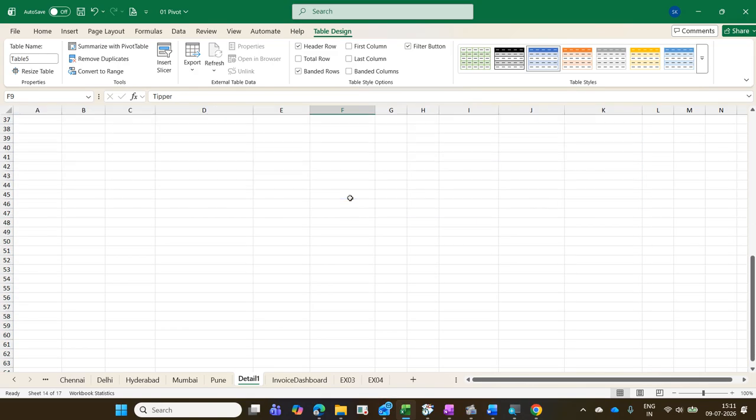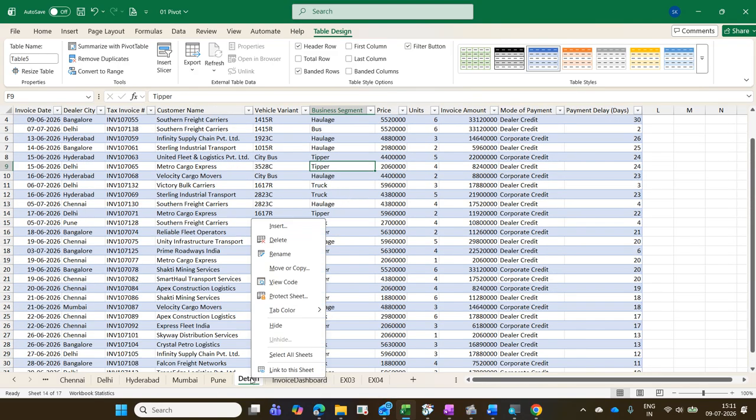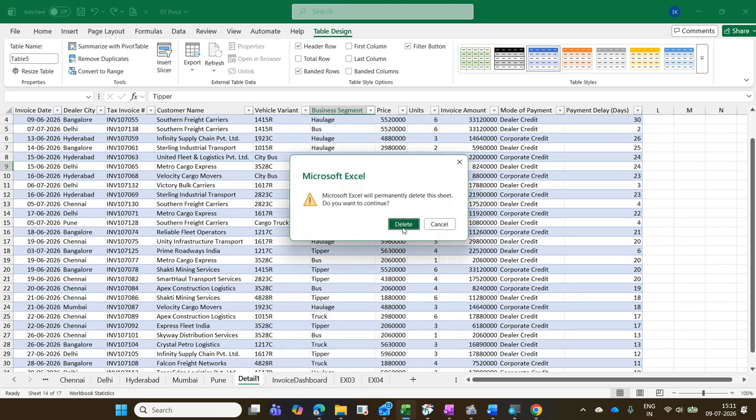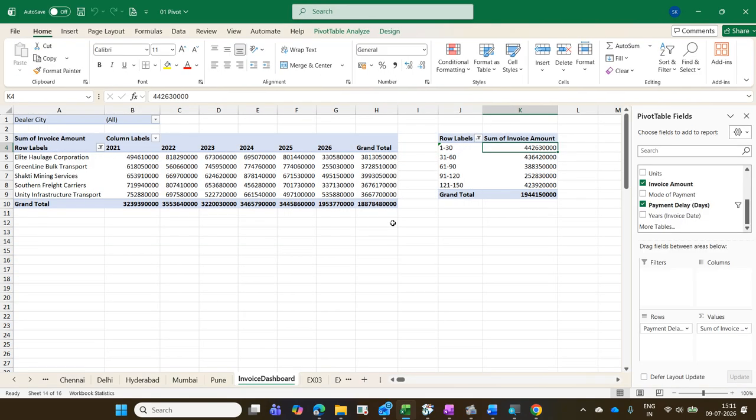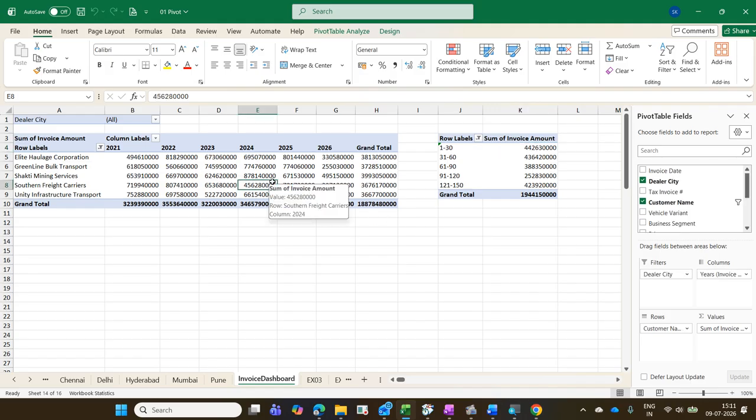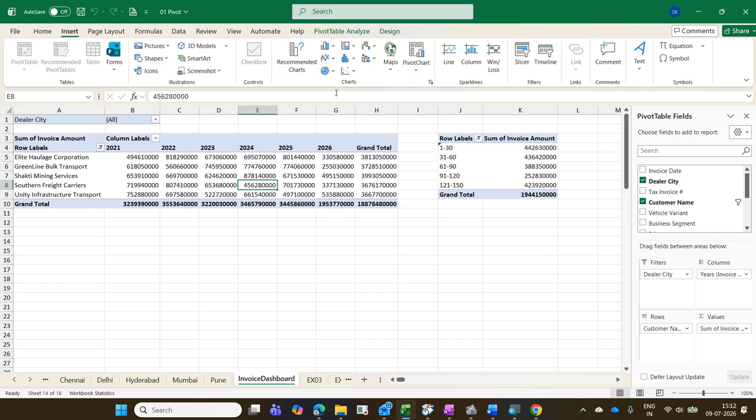Okay. As I indicated, tomorrow we will see drill down and expanding of the chart. Today we will see a simple chart. For this data, I want to create a chart. There are several methods of creating a chart. You can go to Insert, where there are various types of charts. Under PivotTable Analyze, there is a PivotChart. Or if you are 100% sure that you are going to create a column chart,